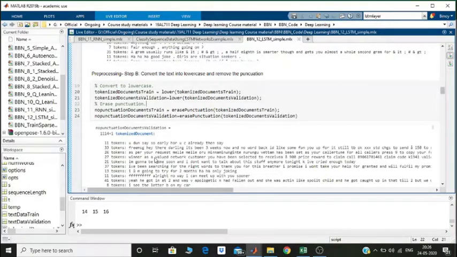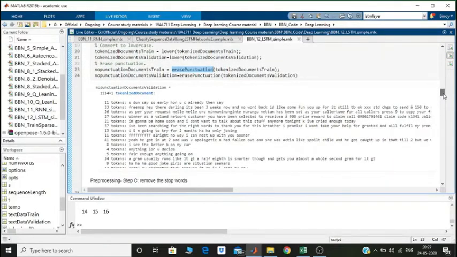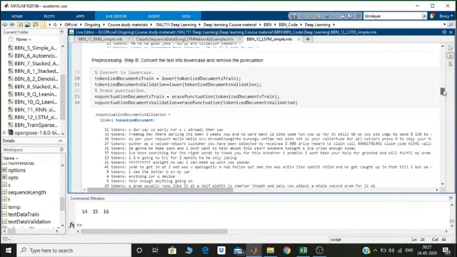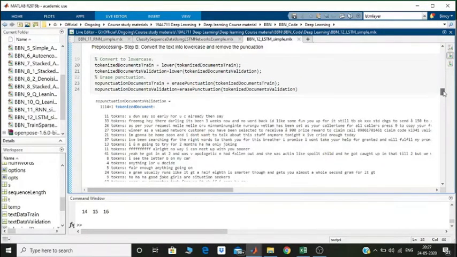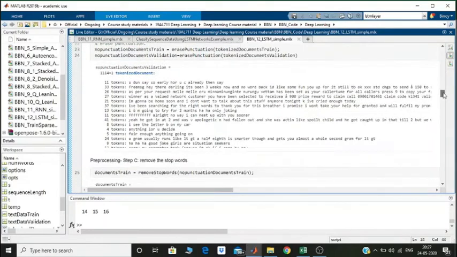And you can see all the messages that you are seeing here are now in lowercase. So just by using the lower and erase punctuation functions, which are both built-in functions in MATLAB, you can in one shot reduce the number of tokens. Tokens are important for LSTM applications, as we will see in the next few lines of code. So this is how easy MATLAB makes your life, and that is why I always try to use MATLAB wherever possible for these kinds of applications.